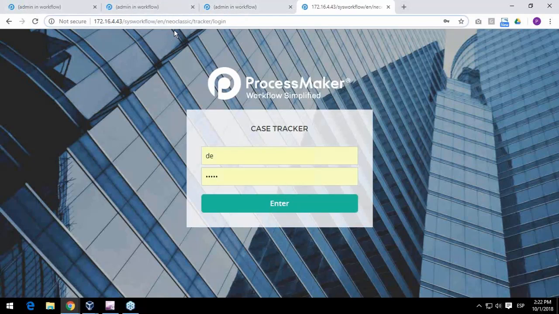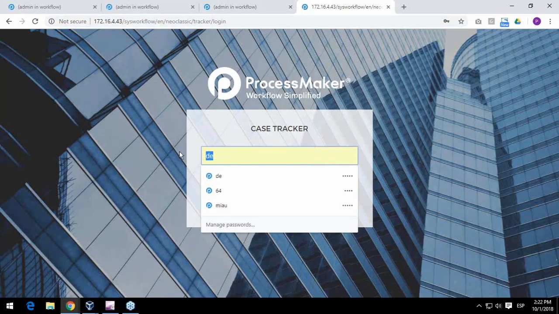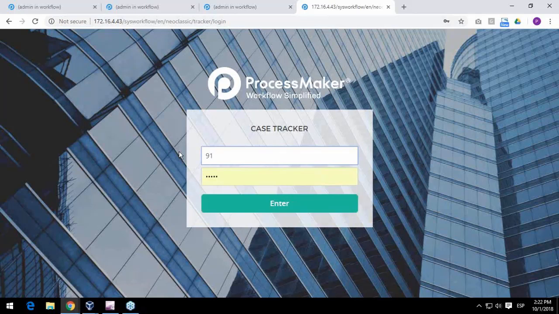Notice that after the skin, I'm going to use tracker and log. Now, if I click here, I need to enter the number of the case, 91. Then you have here the